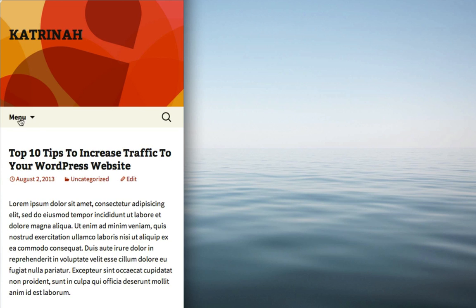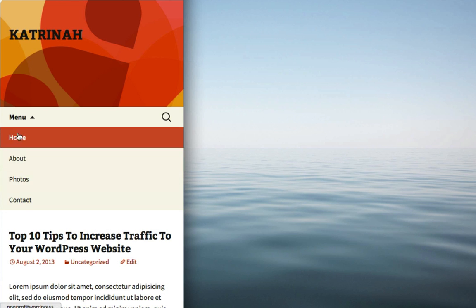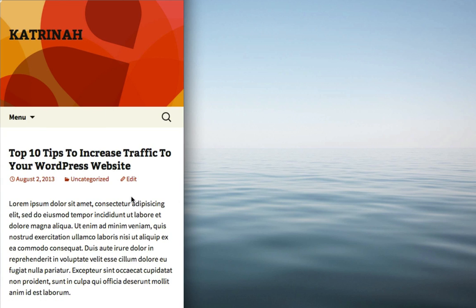And note that now the menu item is listed in this drop-down box. So when I click on this marker, now we have the menu item going vertically like this. And also all the different elements are also stacked on top of one another like this. So you can see this content really well. It's still large enough to read in a smartphone dimension kind of window.